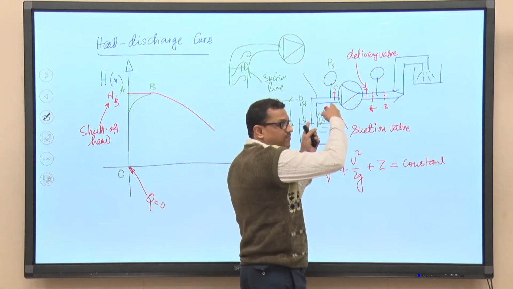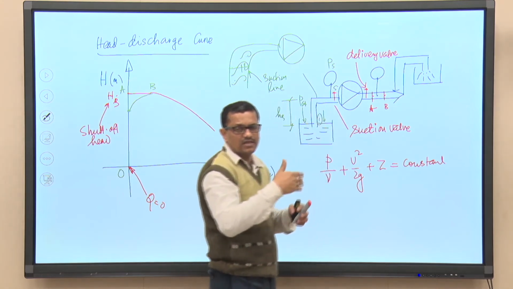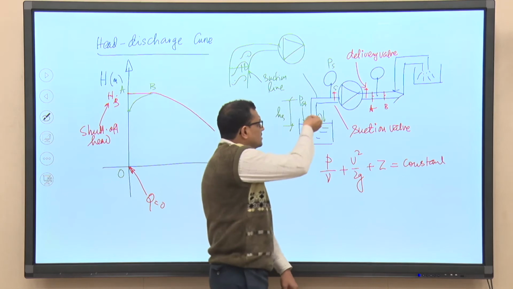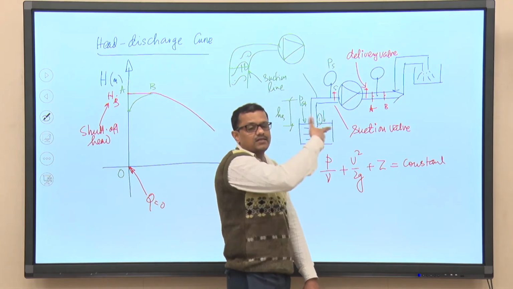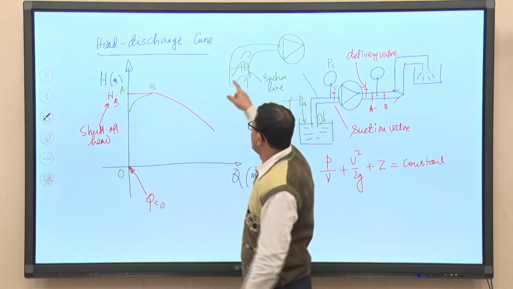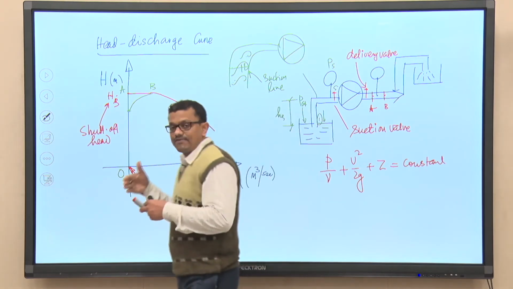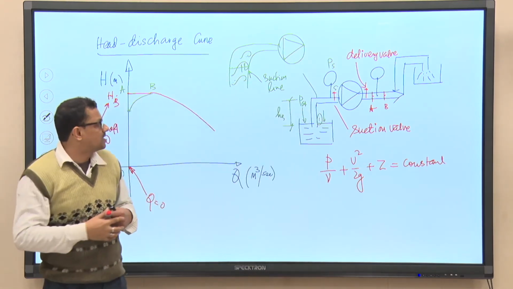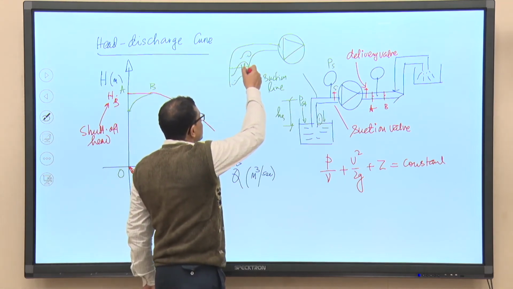So, this is the driving force which will allow the liquid to flow from point 1 to S. So, if any resistance is there, because of this resistance fluid particles might have a kind of reverse motion. So, basically velocity is highly non-uniform. So, to take that effect, that is there in real life, there will be recirculation losses in the suction pipeline.